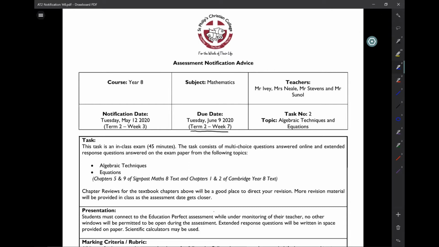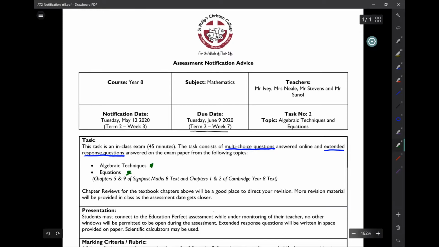And what the test is going to be is a series of multiple choice questions that you will actually answer on your MacBooks on Education Perfect. And then you're also going to have some extended response questions that you will write on the test that you're given. The test is going to cover 2 topics. They are here: